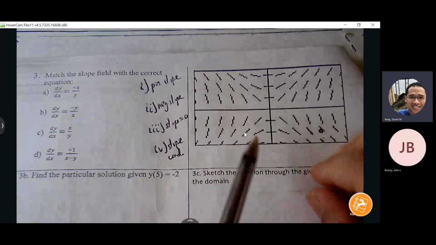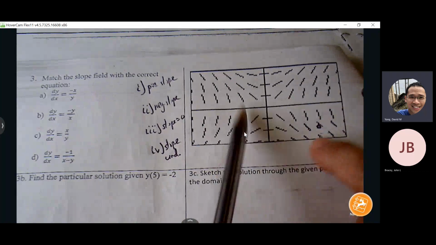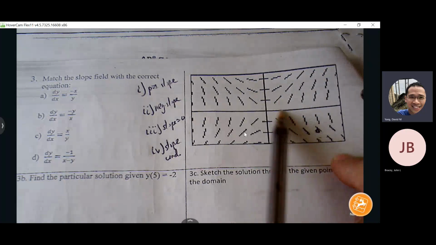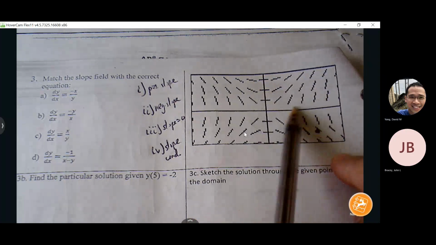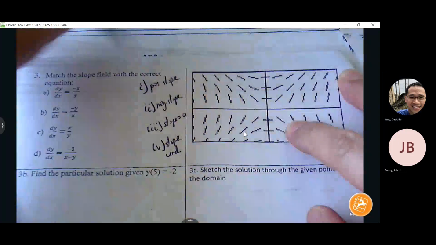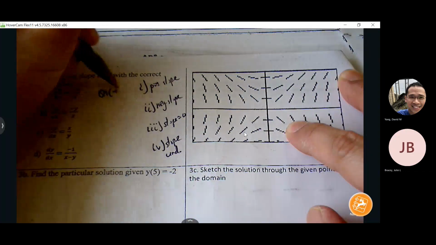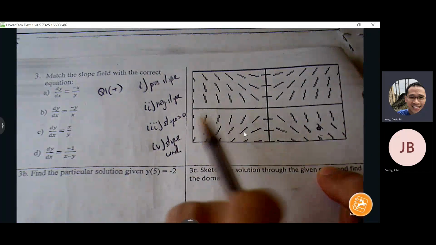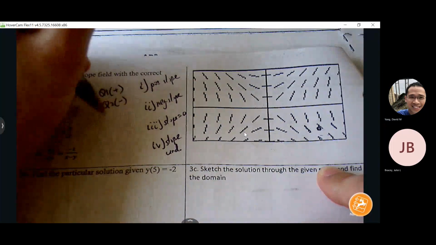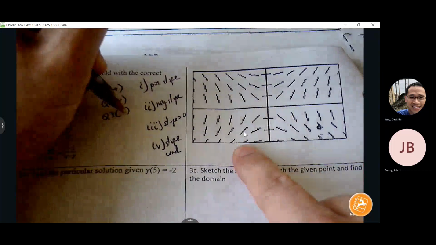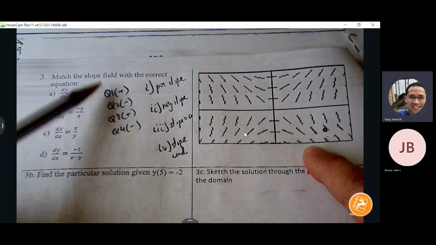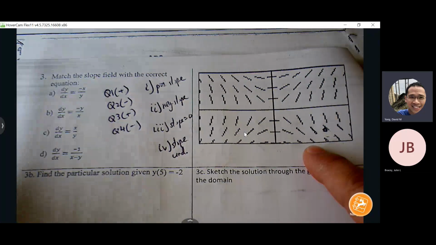But what we can tell are the quadrants, right? The quadrants are showing very specific behaviors here. So it looks like everything here is showing me what slopes it looks like here. Quadrant 1 is positive slope. How about quadrant 2? Negative. Quadrant 3 and quadrant 4? Negative. Negative. Okay. So from this, we should be able to narrow down which ones are not correct,